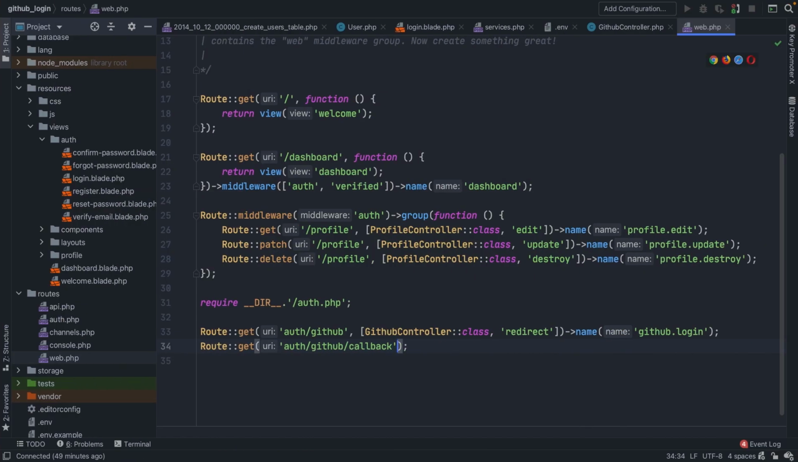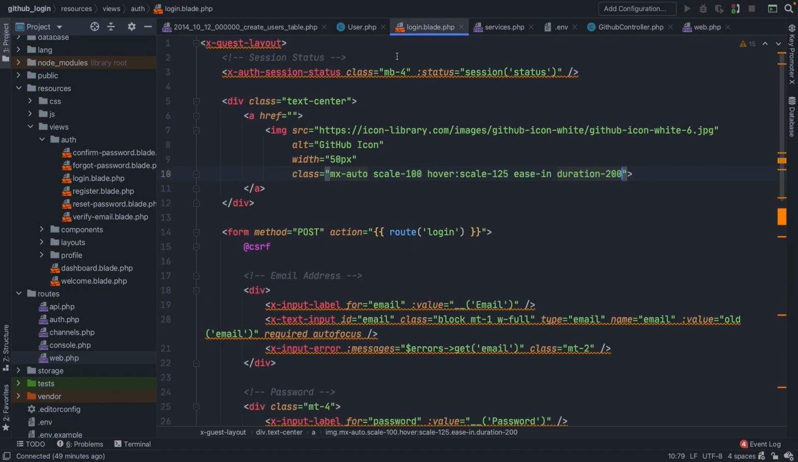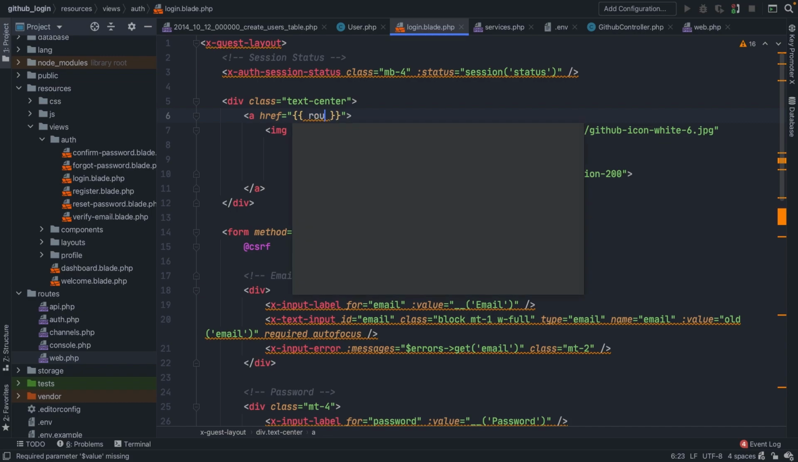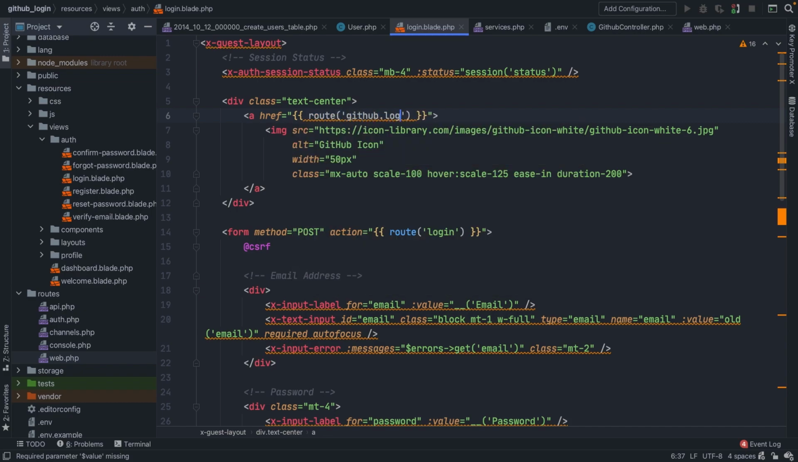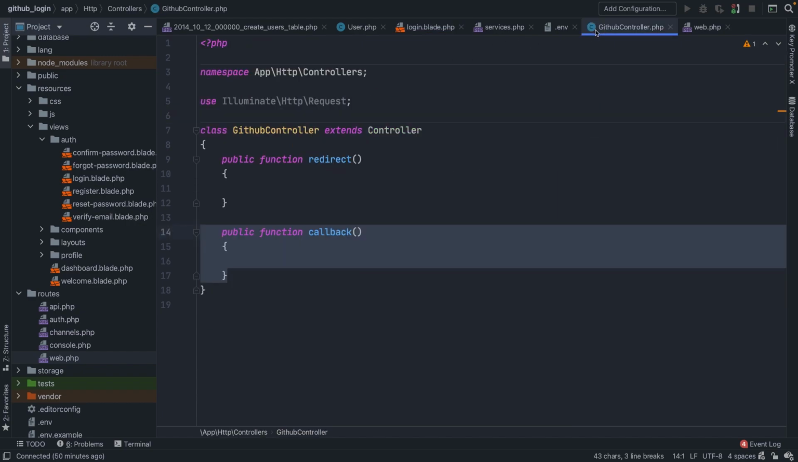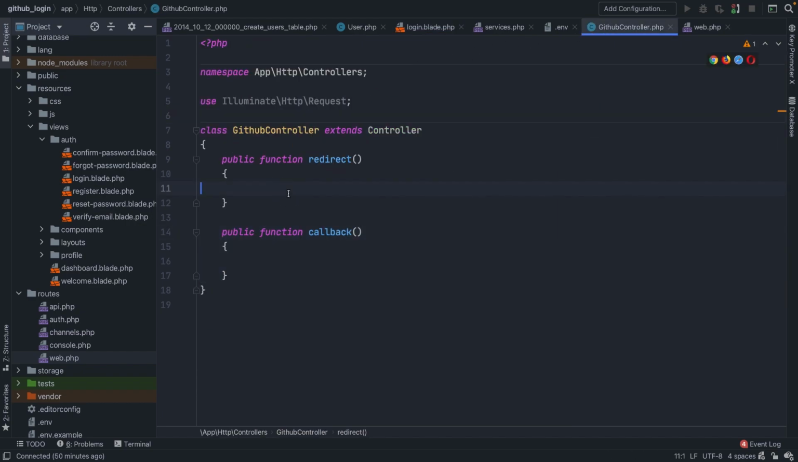Then we're going to add the same process. GitHub controller is the class where the method will be callback. And we don't need to add a named route right here because we're not going to use it. Now, before I forget it, let's move on to our login page and add the named route right here of github.login. Let's navigate back to our GitHub controller and let's focus on the redirect method first at the top, since